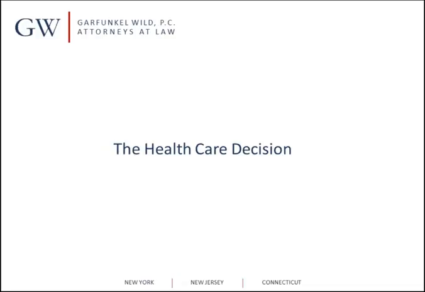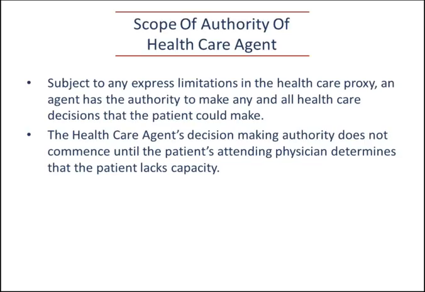We're moving to now talk about the healthcare decision. And the reason that we're going to talk specifically about the type of healthcare decision is that sometimes it affects which laws apply. So with respect to a healthcare agent, the scope of authority of a healthcare agent is that the agent can make, as we talked about before, any and all decisions that the patient can make. And it's subject only to any express limitations in the healthcare proxy and any other instructions like a living will or even orally that the patient may have given to their healthcare agent.